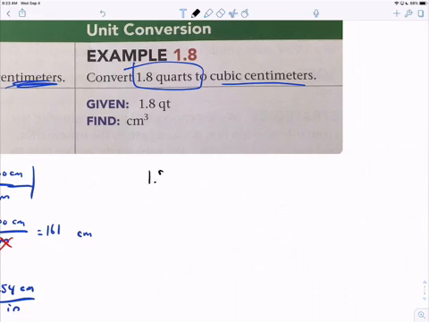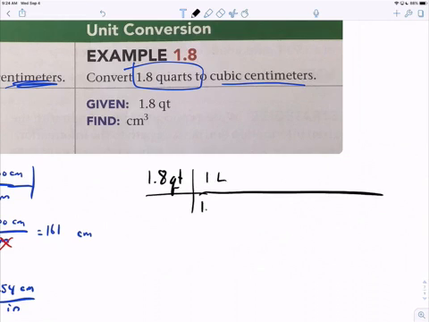One of the easy ways to do this is to start with what's on your left and get to what you need on the right; then you usually know you're doing something right. So we make our grid: 1.8 quarts, 1 liter is